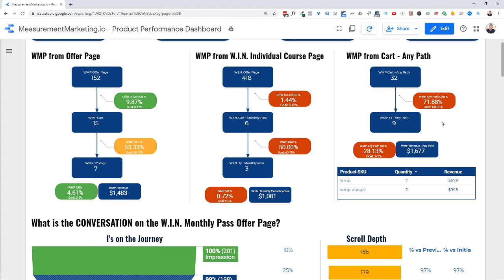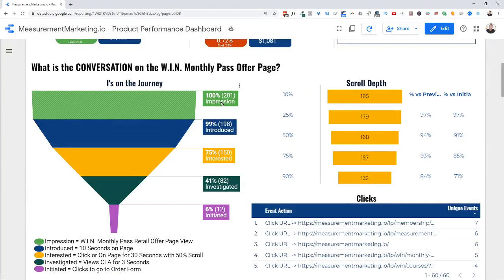This thing's not working so well, right? And it'll show you that stuff so that you can focus on where you need to focus. And the better you get at measurement as a company, even if it's not you, even if you're the strategist, the better you get at measurement, at actually building these forecasts, at measuring for the conversation that's happening on the page, which of course we can totally help you with at measuremarketing.io,